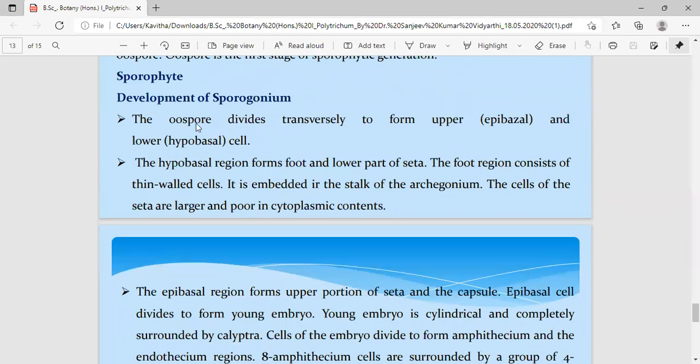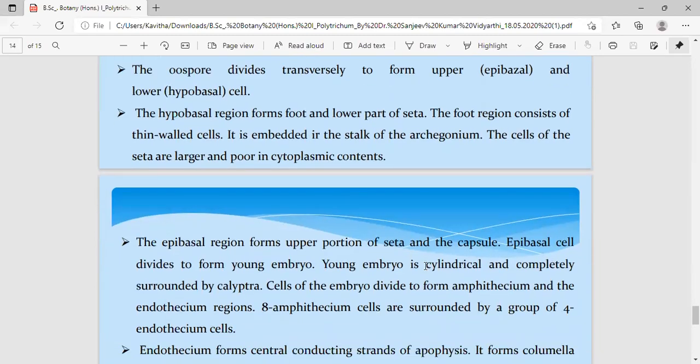So this is the zygote, which is a single diploid cell. It will undergo one transverse division and form the upper epibasal cell and the lower hypobasal cell. So this hypobasal cell will form the foot and the lower part of the seta of the sporophyte, whereas the upper epibasal cell will develop into the upper part of the seta and the